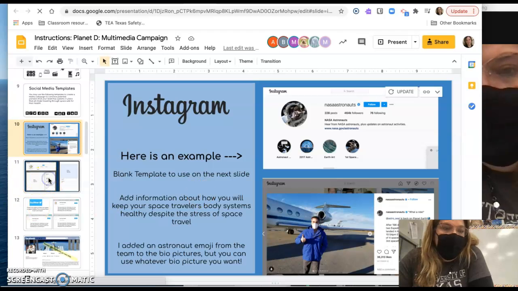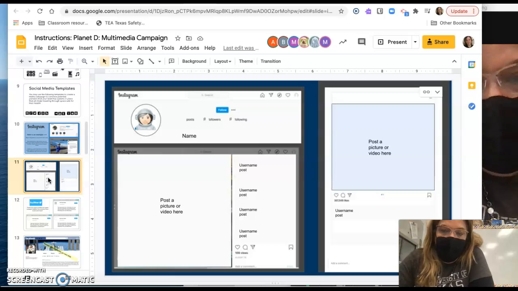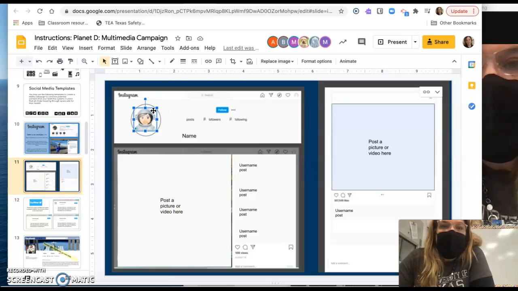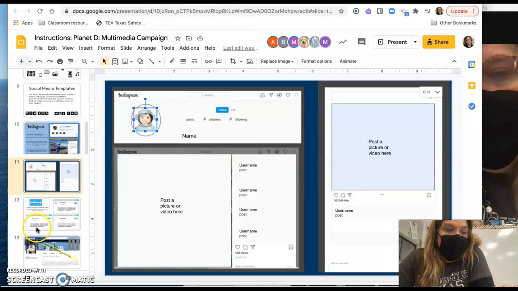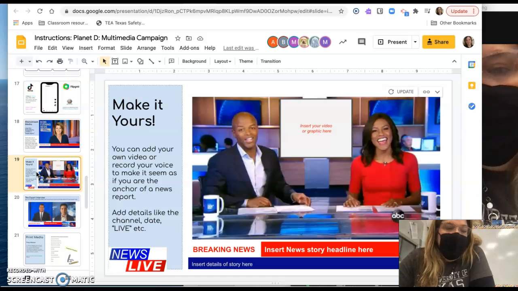You copy this slide and paste it onto your slide, and that way you will have your own page. So that's one option. Remember, you're going to come up with one media and one system.